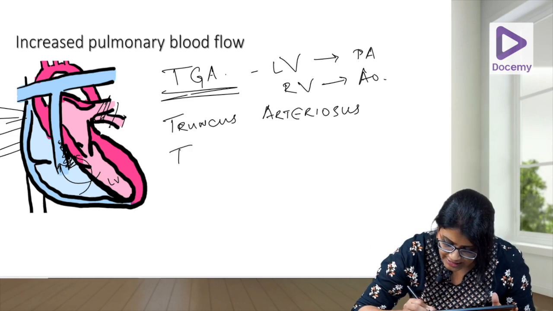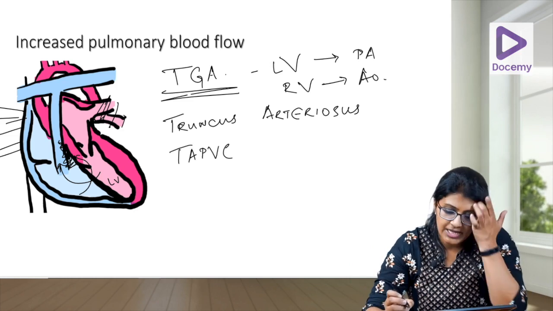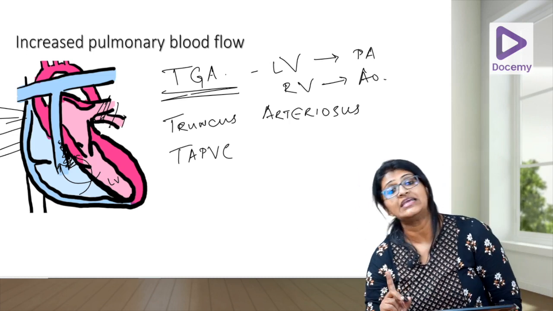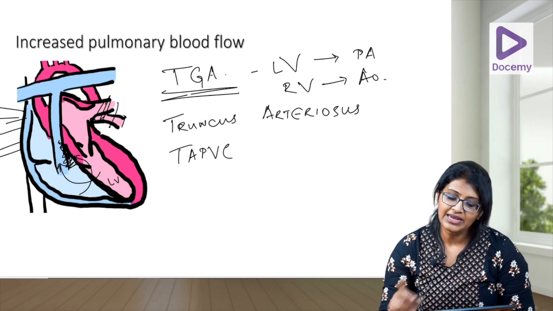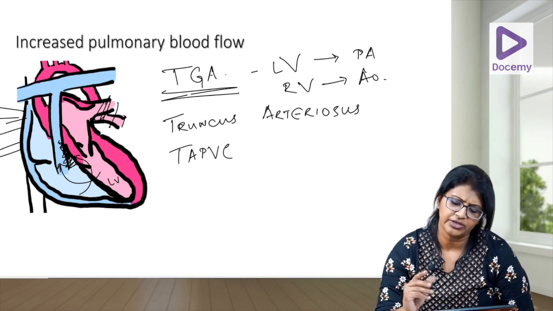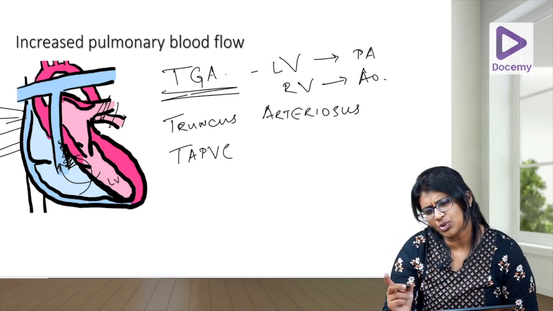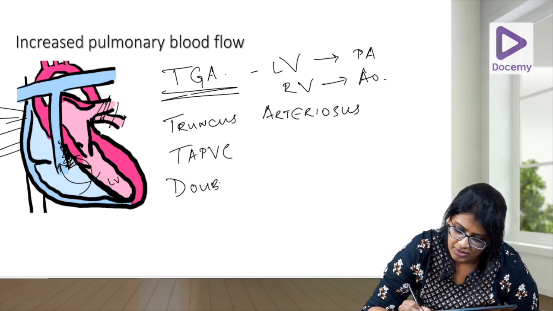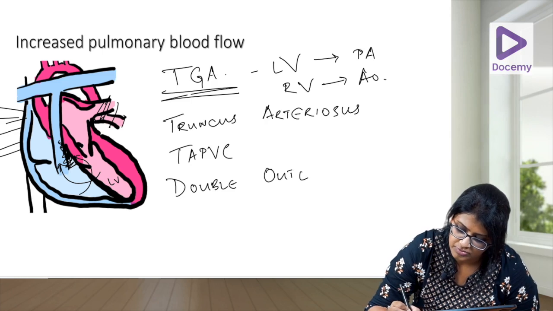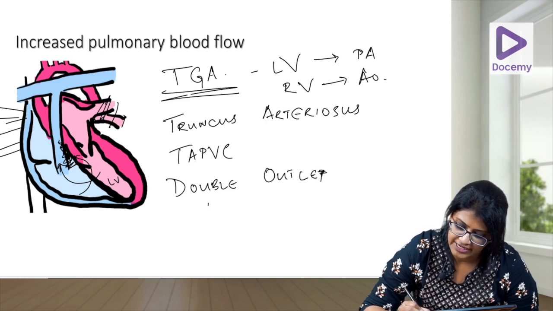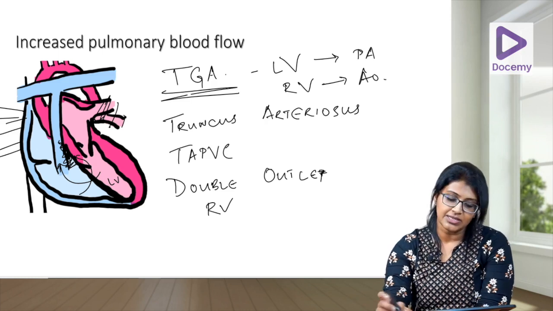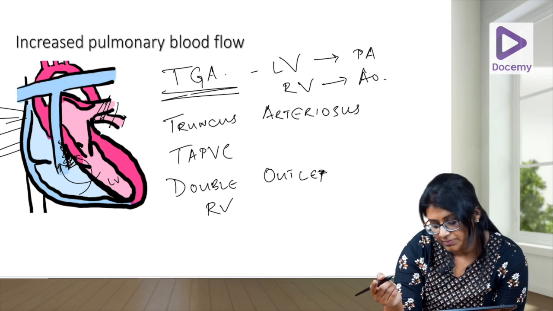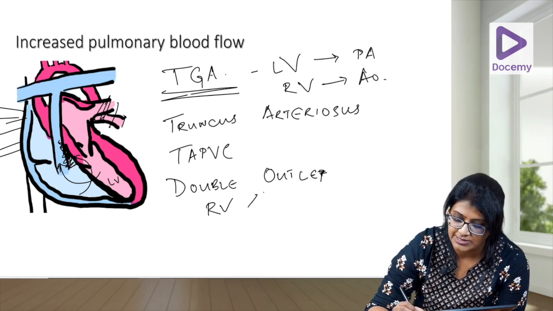So, this is TAPVC. So, these are your prototype increased blood flow conditions, right? In addition to this, I will just put one more disorder, which is again a nice to know thing rather than a must know thing, and that's something called a double outlet right ventricle. So basically what the right ventricle does is it pumps into both the pulmonary artery as well as the aorta,